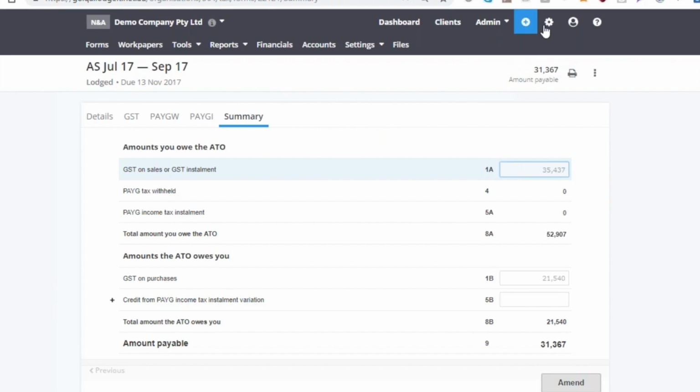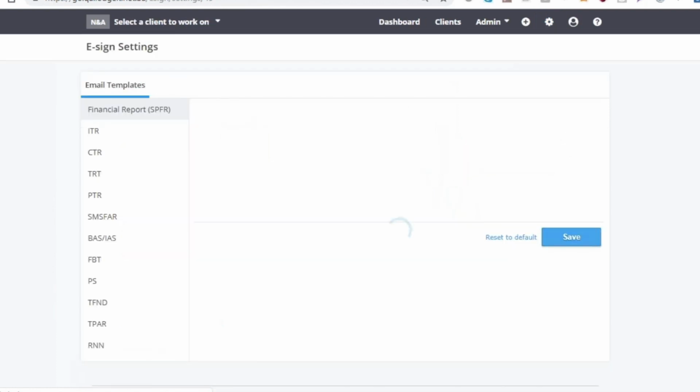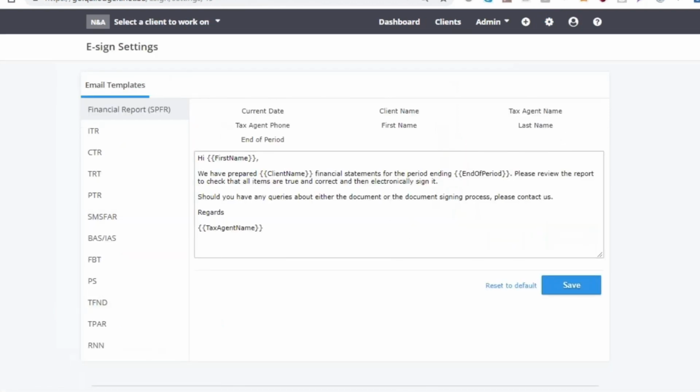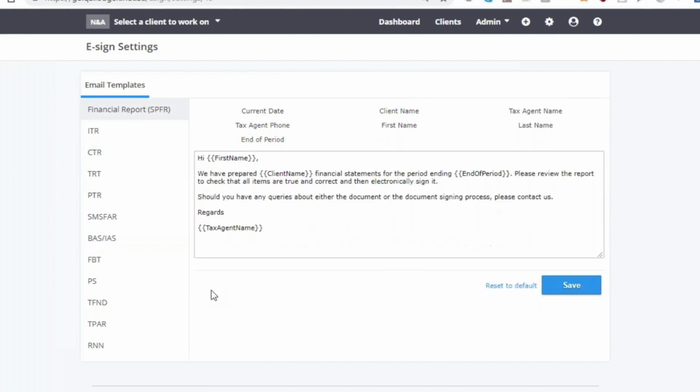So if you need to change your branding, you can change your branding. You can manage your e-sign language, so the language that goes with your digital signs. Just jump in there and you can see you've got your digital sign management capabilities here, where you can change what the language says around a given form type or around the special purpose financial reports if you want to use our